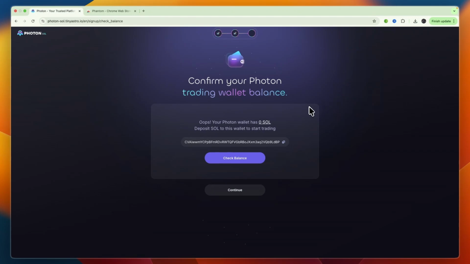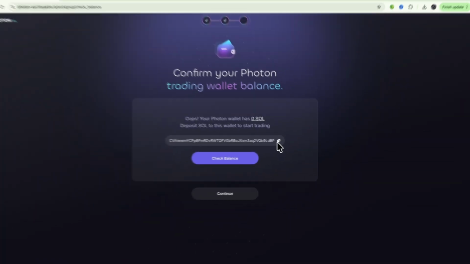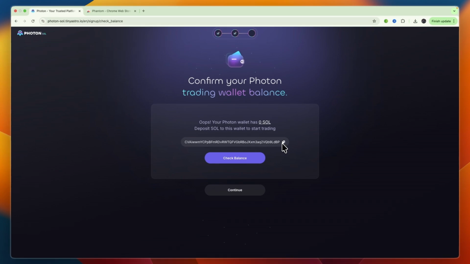In this video, I'll be showing you exactly how to deposit Solana in your Photon wallet, specifically from Phantom wallet, but you can also send from somewhere else. First, you'll need to get your Photon Solana wallet. Now, when creating your account, you can just copy it right here. If you've already created an account, I'll show you where you can find it in a second, but just go